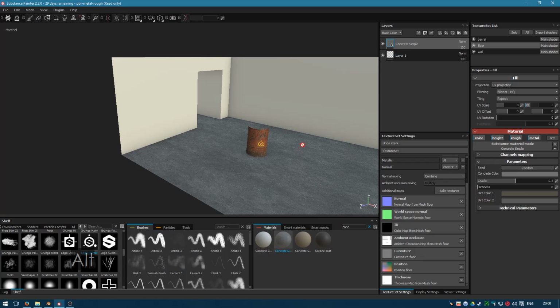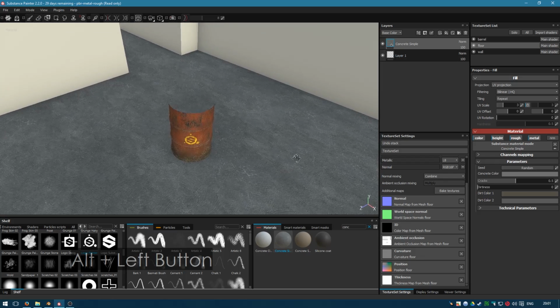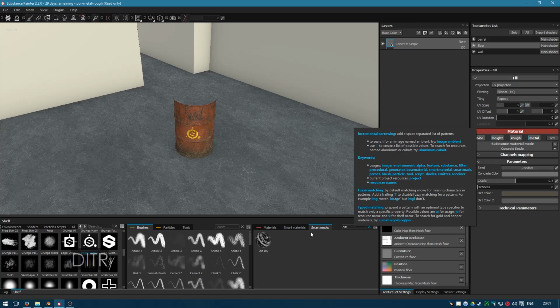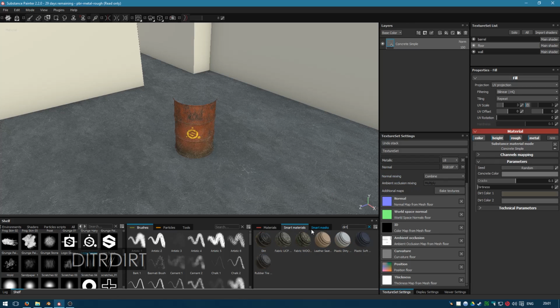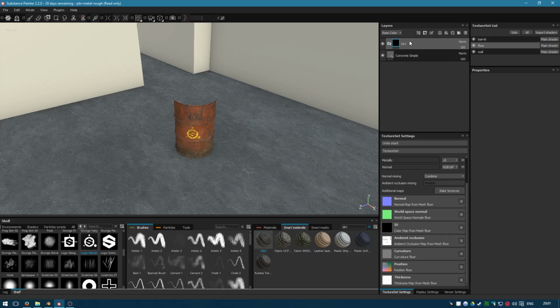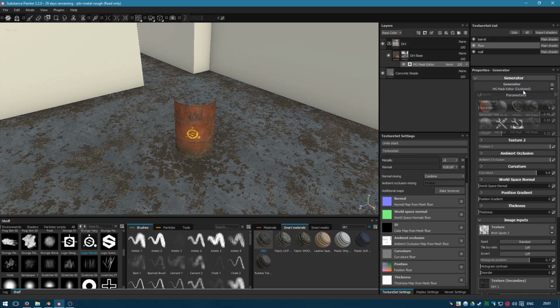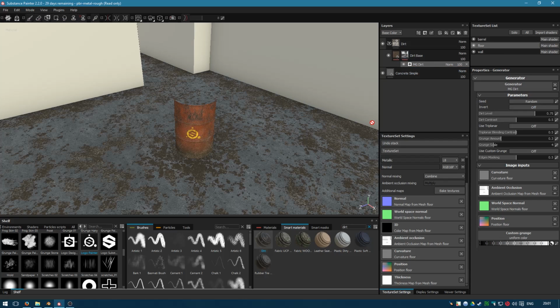Give it a minute to think about it. And we have a basic sort of concrete looking floor. You can adjust the scaling if you wish, but I think that will be fine as is. And the only thing we're going to add to these is dirt. It was the barrel that was the complicated one. So let's drop that. Get in there. Thank you. Drop that in there. Wait for it to catch up. Like so. Grab the mask editor and change the generator to MG Dirt,